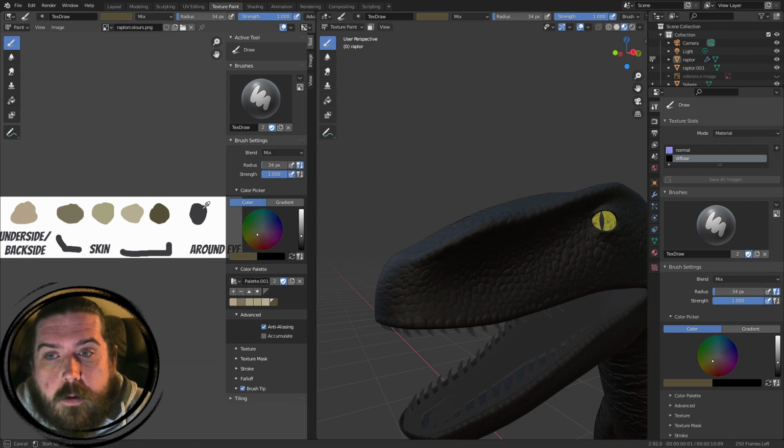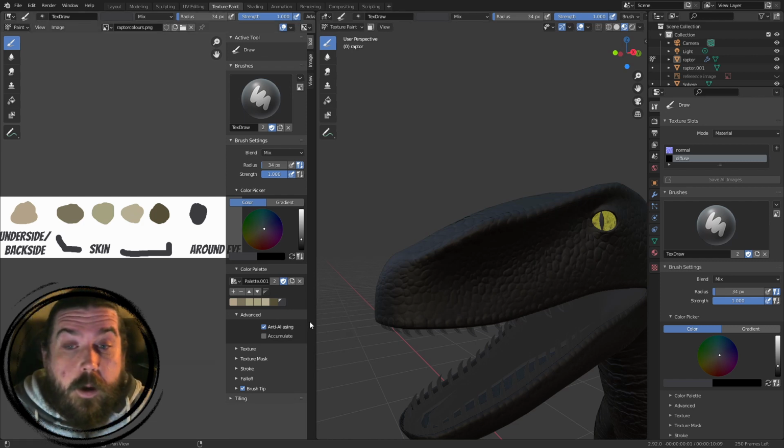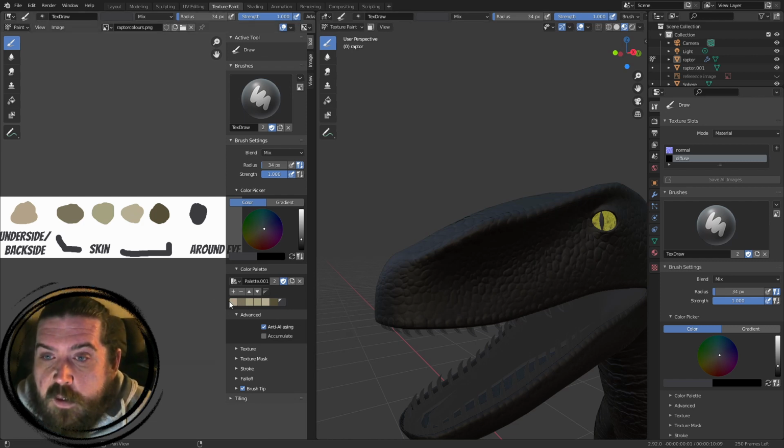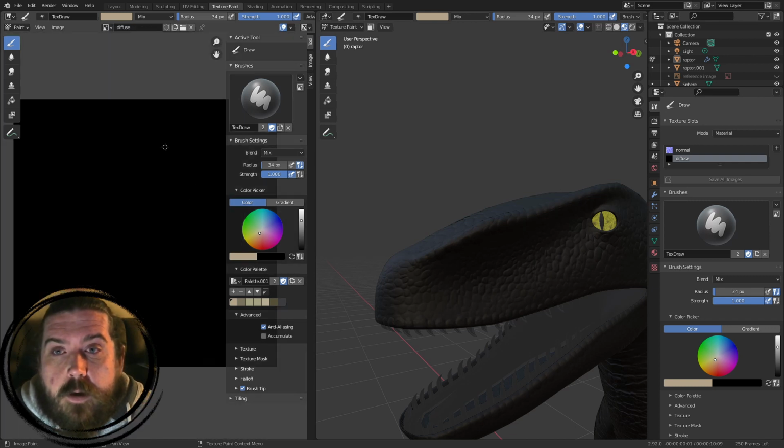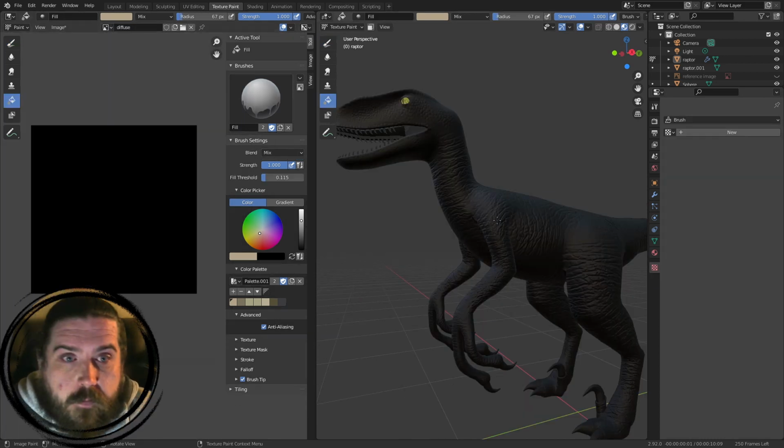I will grab that eye one as well, just in case. Beautiful. Okay, so then we will open up the diffuse here. Okay, so